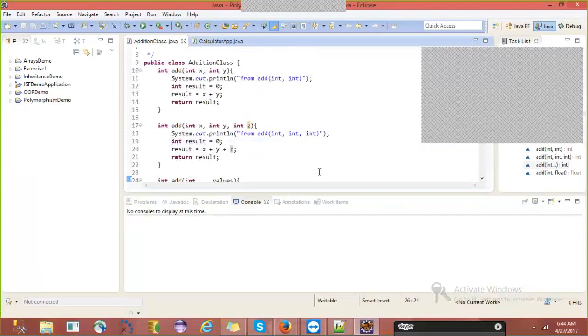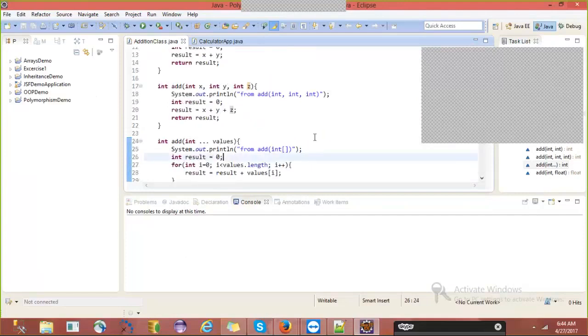You can't write it as the first one or second one. After the variable length parameter, you cannot write any other parameter.